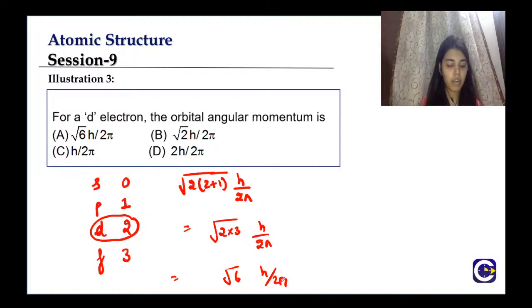Yeah, so Arun and Dipashri, you are correct with the answer. The answer is A, that is root 6 h by 2 pi. Okay. Now, next we will move on to